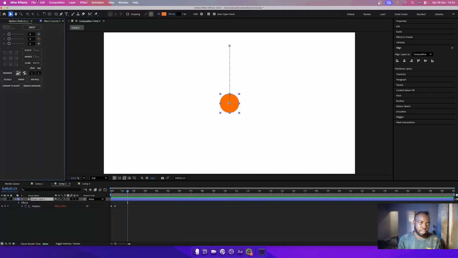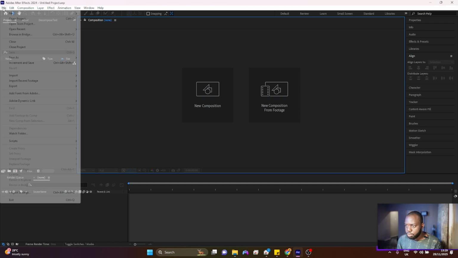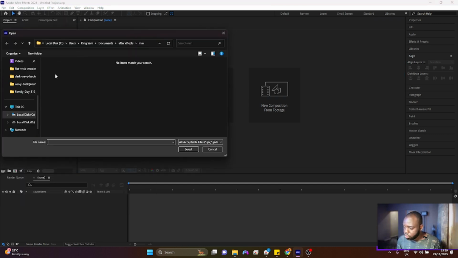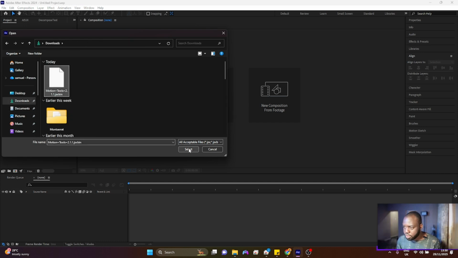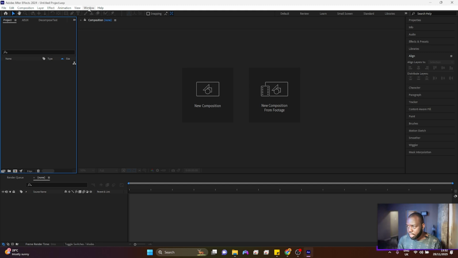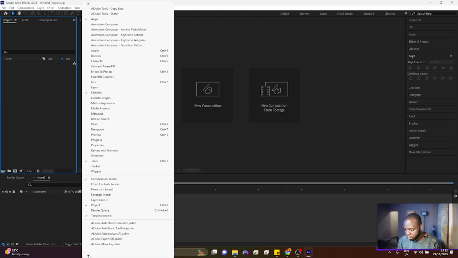So if you want to install it for Mac, you just come to File, Scripts, Install Script UI Panel. For Windows, it's the same thing. You just come to File, go down to Scripts, Install UI Panel, and you can just find where you downloaded it. Select it. Now you will not have to restart your Windows or your Mac. And now if you just come into Window and you come down here